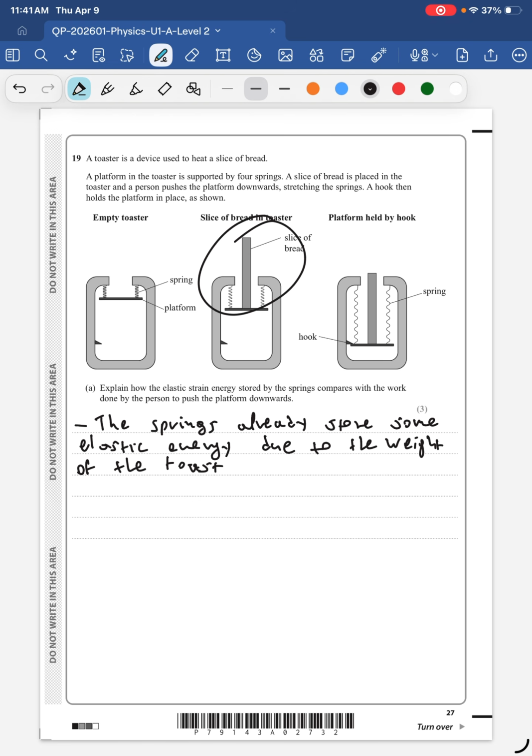And you can see it over here in this second figure. Okay, so while the platform is pushed down,